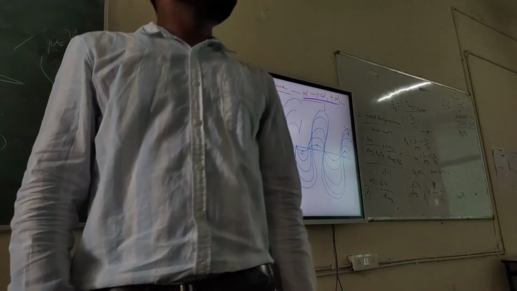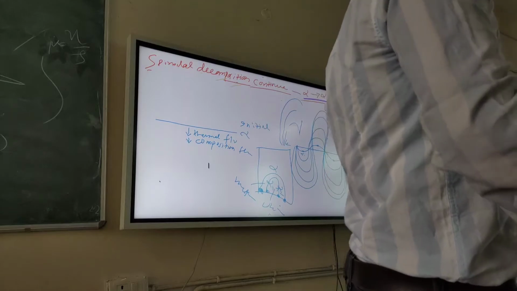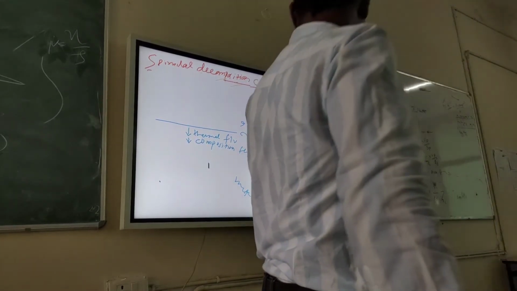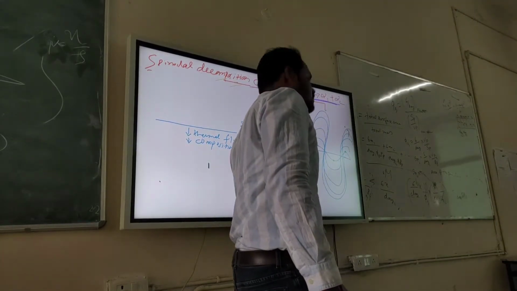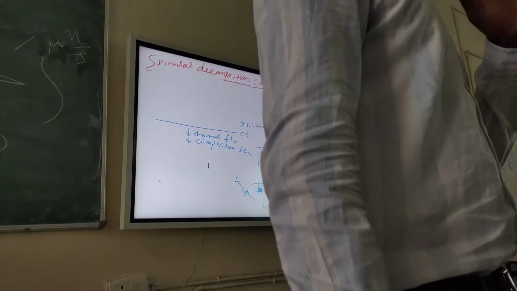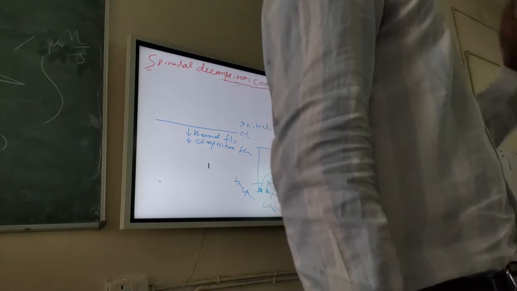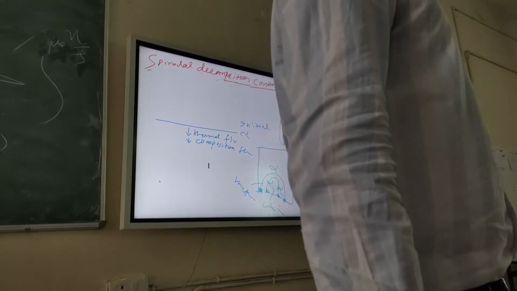You understand my point? So you can choose different alloys. If you are choosing an alloy in between the spinodal points, the decomposition of alpha into alpha 1 and alpha 2 will be in this kind of situation. But if you are choosing a point in between binodal and spinodal, then decomposition will happen in a different way. But at the end, alpha will become alpha 1 plus alpha 2. Why? Because free energy is getting reduced. That's why.